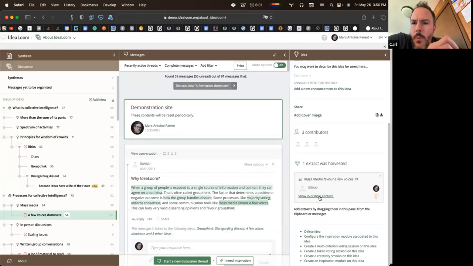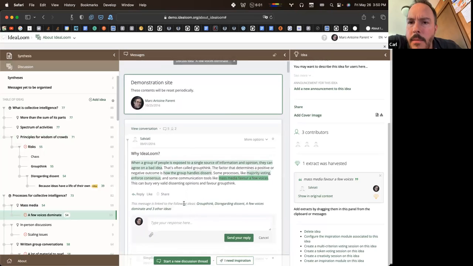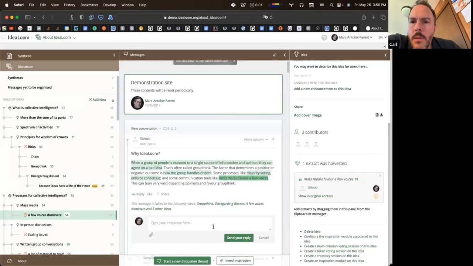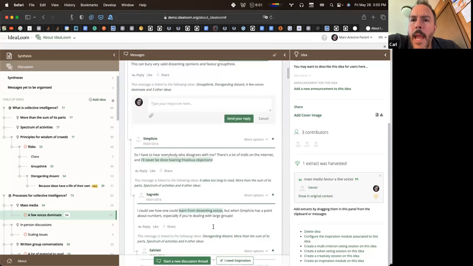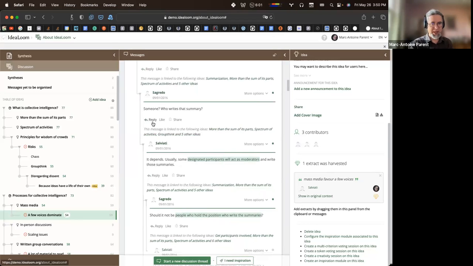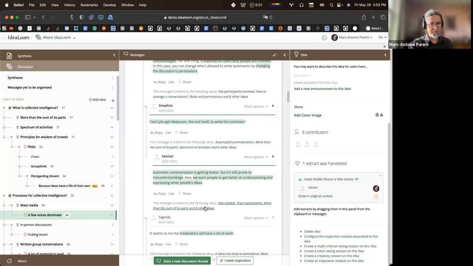What is each box? Like there it says Salviati, why IdeaLoom, and there's a paragraph of text. What do you call that? That's a post. Each post lives in a tree. That's a web forum. You can reply. This is free text. Okay, threads.